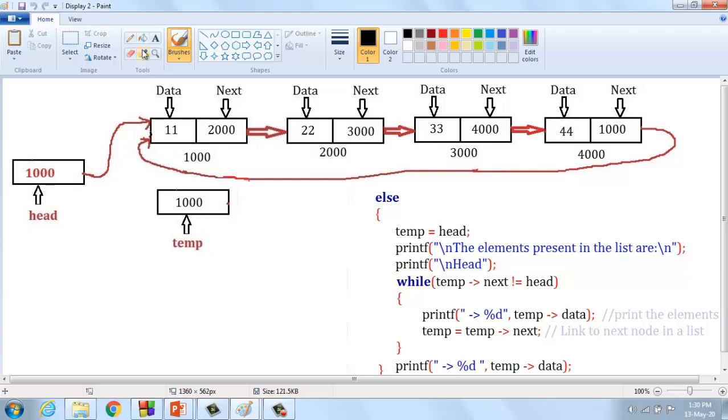If temp equal head, the temporary pointer also has the head value, that is here 1000. So the temporary pointer equals 1000, pointing to the node address 1000. And with printf, the elements present in the list are printed starting from head. I am going to print an output like that.